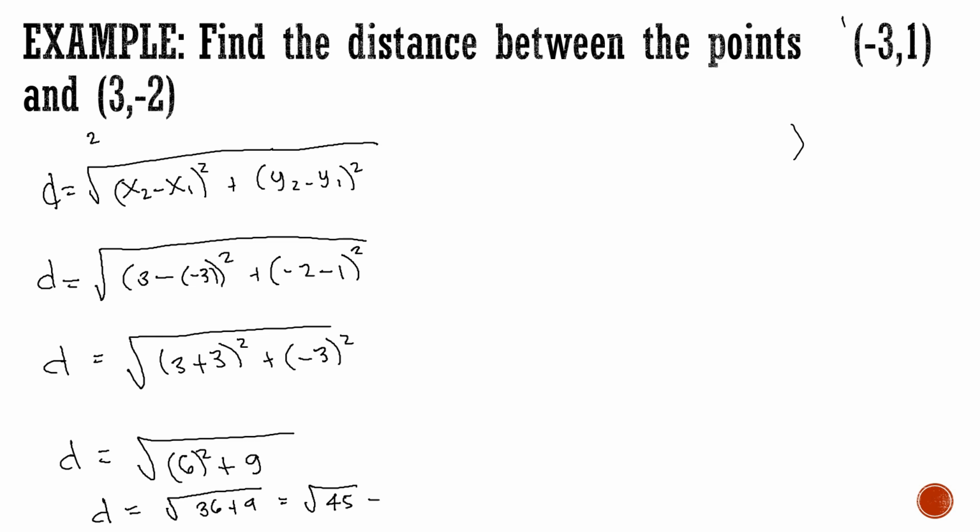And 45, we can express 45 as the product of 9 times 5. Therefore, we can simplify this as the square root of 9 times 5, which is equal to 3 square root of 5. Ayan. Isinama na po natin yung algebra. Now, you may wonder, sir, paano ba to? Paano ko nagkabaliktaran? Sabungan na naman,